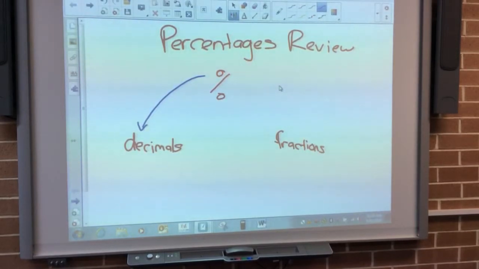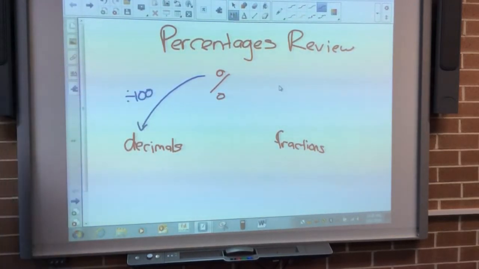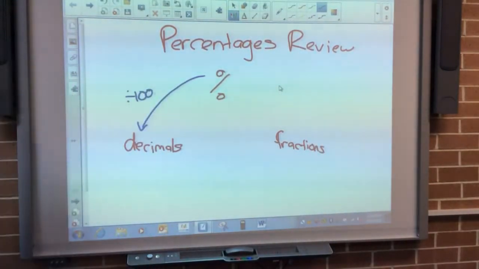So I have a percentage, say it's 123%. How do I make that a decimal? Divide by 100, that's it. Which is really simple because we can just jump our decimal point back twice. Super easy. If I'm going to turn my percentage into a fraction, say I had 123, I want to turn